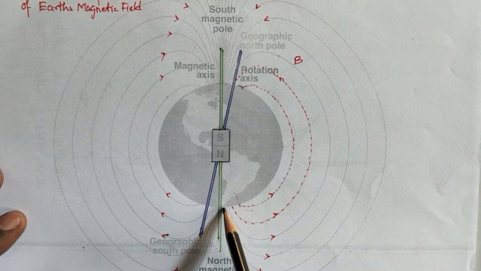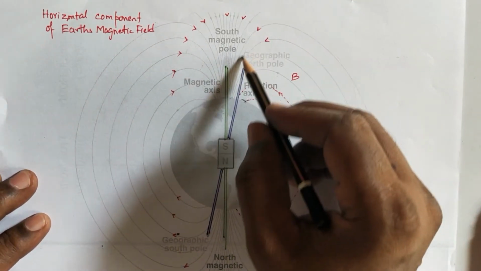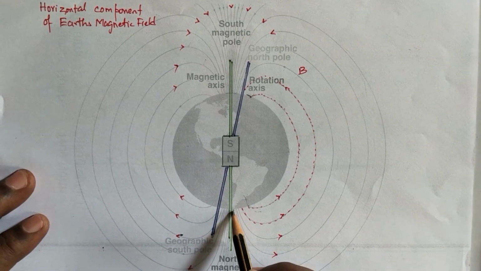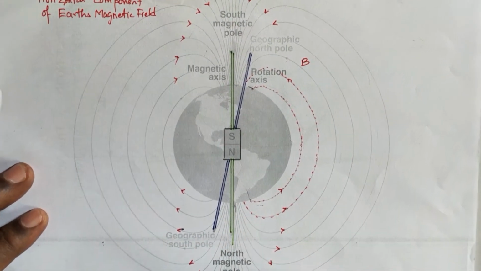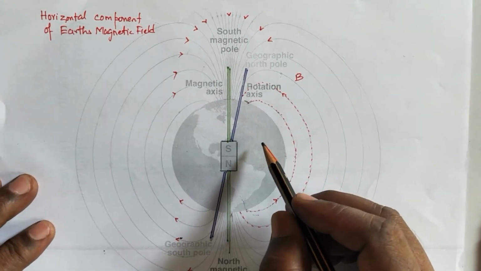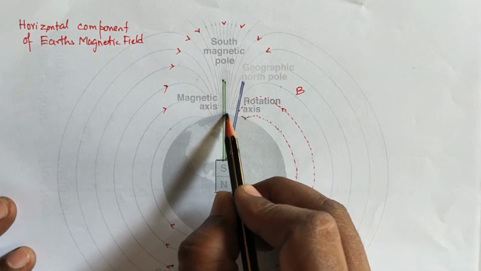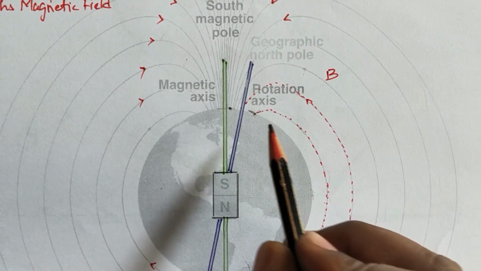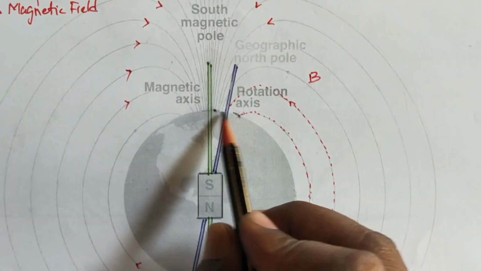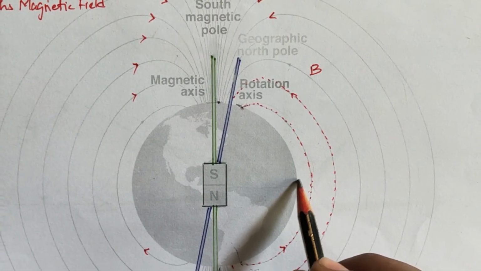We know that the magnetic field lines travel from north to the south pole here. Near the pole, the angle made by these magnetic field lines is what? Perpendicular. They are moving perpendicularly here. So what is the horizontal component at a place? What is the horizontal component at this place? This is the pole of the Earth. So this is not the pole of the Earth; it is another region away from the pole. What is the horizontal component at the equator of the Earth?